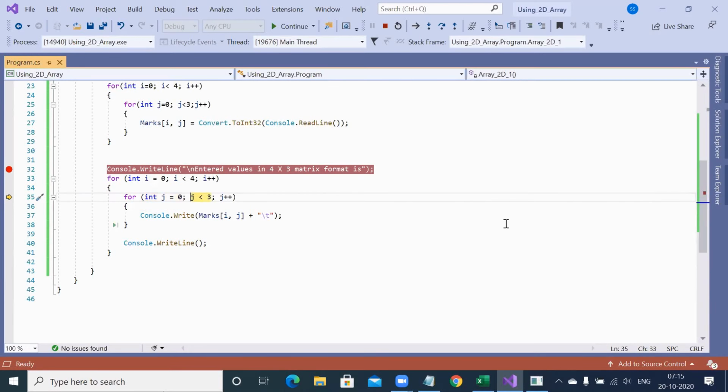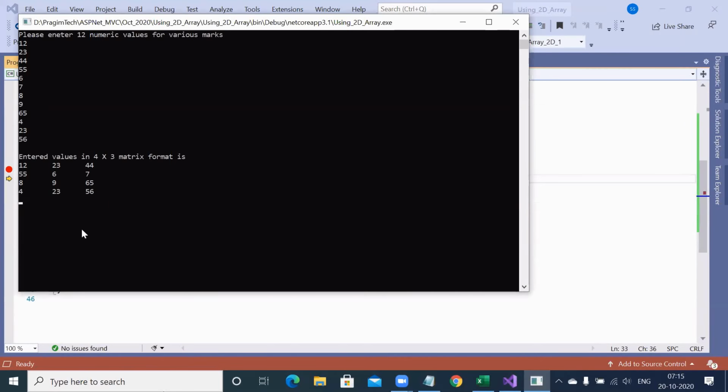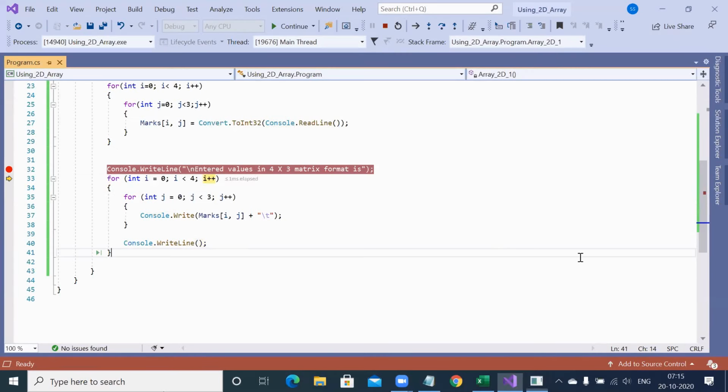When I will be 3, J will be 0, 1, 2 again, and then break the line. Now I will be 4. Till then, 4 records have already been displayed. It will take I as 4 because I plus plus, 3 plus 1, 4. But unfortunately, 4 is not less than 4.